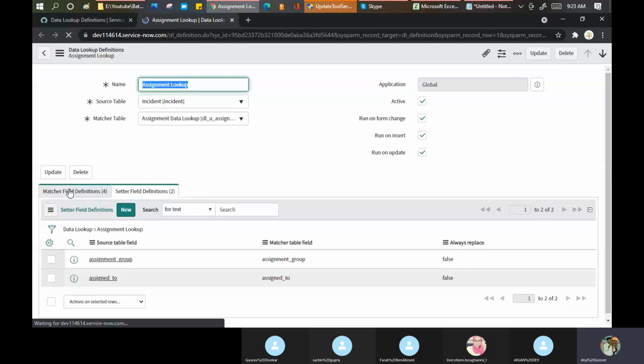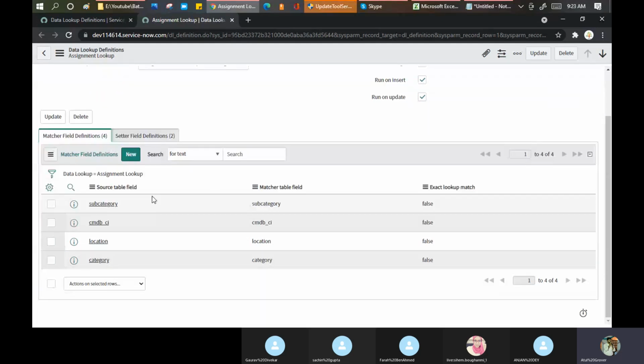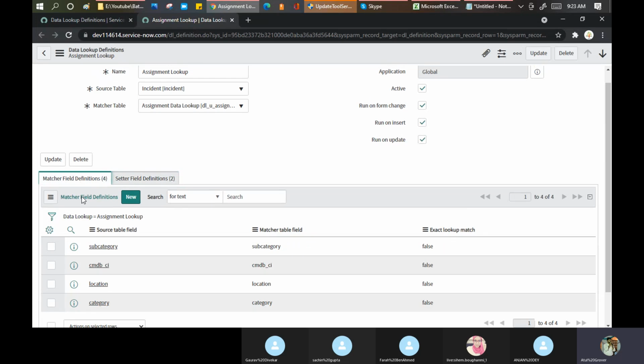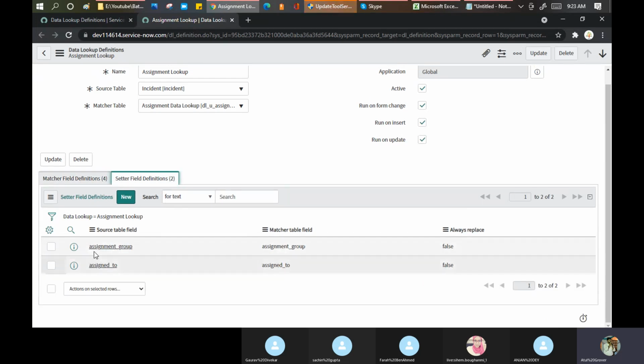What is the matching? Subcategory. Okay, see, they also have a matching rule, but they don't have the other things. On the basis of the caller, they are not setting up anything. They are just using category, CMDB, location, and setting the assignment group and assigned to. And I am setting on the basis of my caller. So it is not going to impact my stuff.